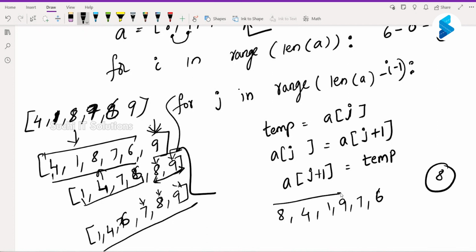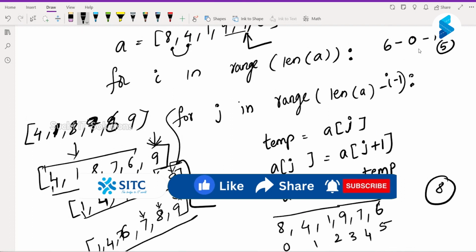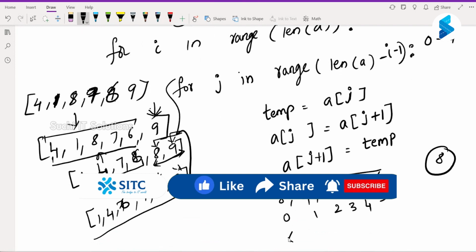So in this case, what am I saying? The maximum index is 5, because 6 minus 1 is 5. The range of j is between 0 to 4. The iteration will happen between 0 to 4, and j plus 1 will be 5. We are good. In the second iteration, the value would be